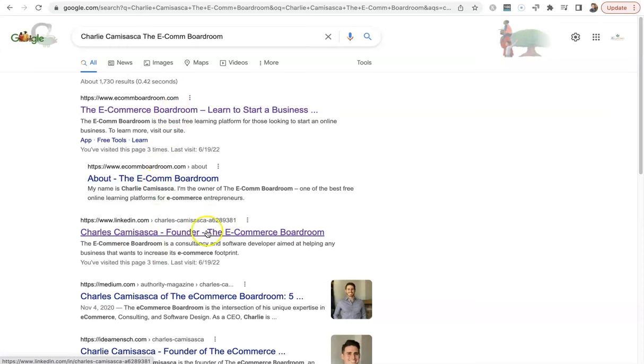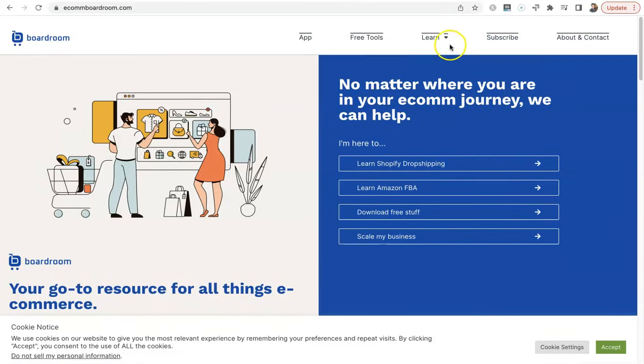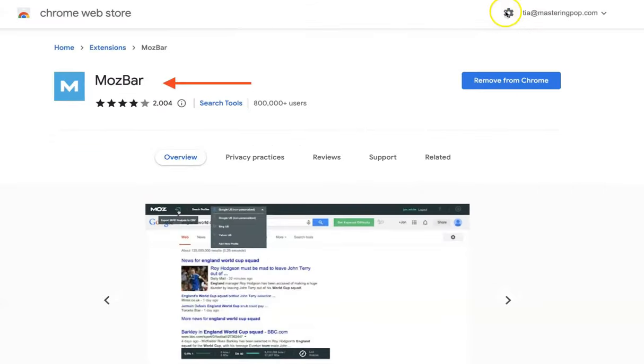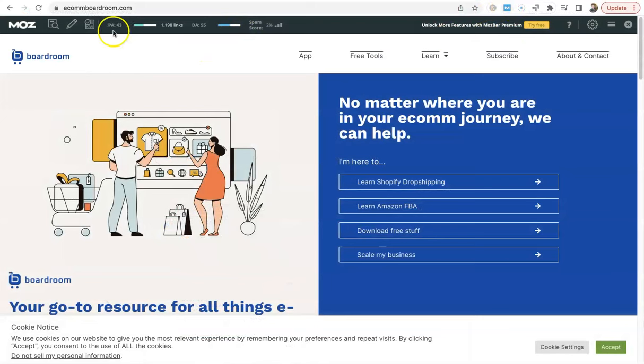And I also see the person has a LinkedIn, so that's even better. So I'm going to click on the website, and what I want to do is check to see their authority, right? So I use an extension, the Moz extension, which can show me their page authority and domain authority. So as you can see, 43, 55, this is pretty good. So I'm definitely going to reply back to this website.